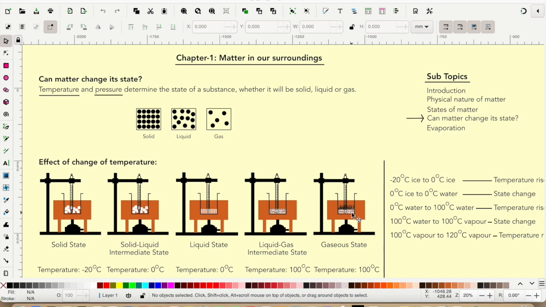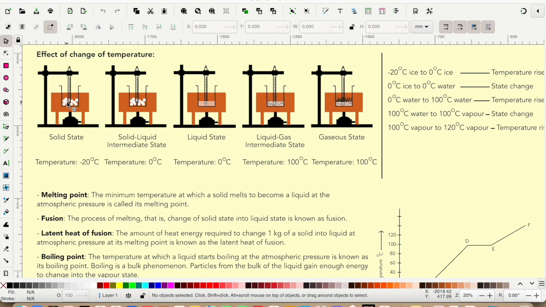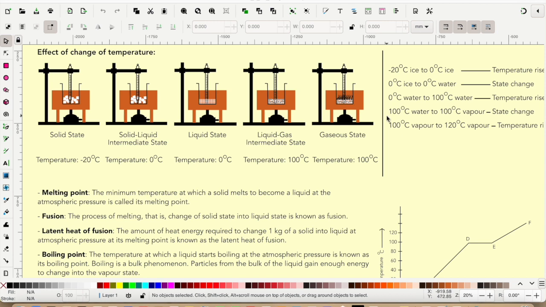Let us see how. As the temperature of ice kept increasing till it reached its melting point, similarly temperature of water will keep increasing till it reaches its boiling point, that is 100 degrees centigrade. At 0 degrees centigrade, ice started melting. Temperature remained constant at 0 degrees centigrade till the whole ice melted and changed to water. Similarly, at 100 degrees centigrade, water starts boiling. Temperature remains constant at 100 degrees centigrade till the whole water boils and water changes to vapor, that is, liquid changes to gas. Whole process is summarized on the right.